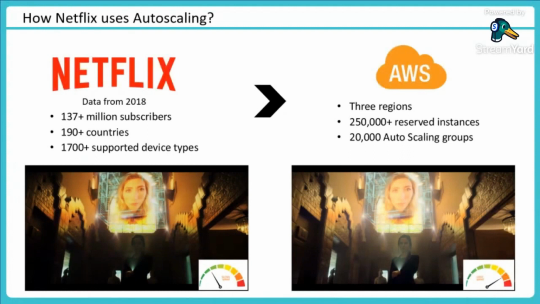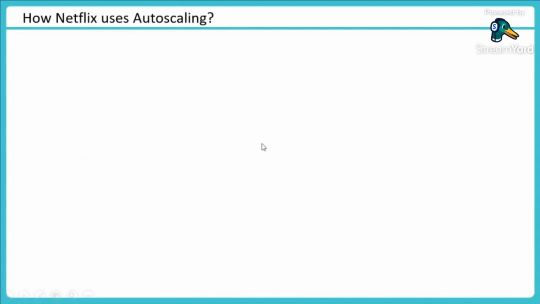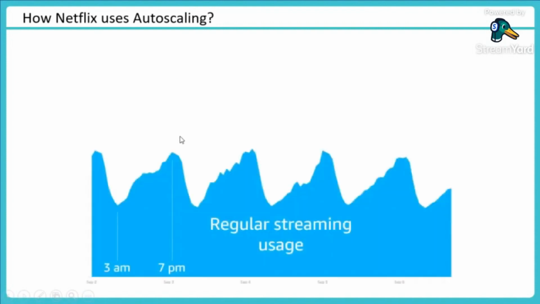So that's how Netflix uses this mechanism of identifying bandwidth and then delivers that type of video to the customer. And for that, they need capacity. So how do they use these 250,000 instances? This is their regular streaming traffic, mostly driven by the US, I would say. If you see here, around 7 p.m. every day, this is data from 2018, people come home, they have dinner, and now they are watching something before going to bed. So around 7 p.m., they always had a peak. See this. Every day, around 7 p.m., they get peak utilization of their services.